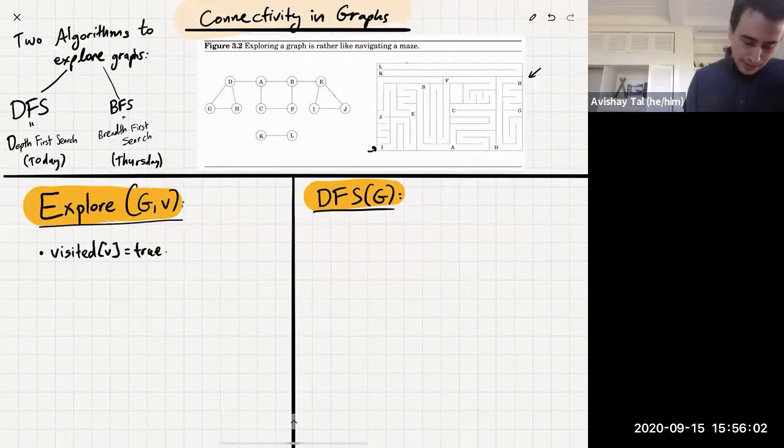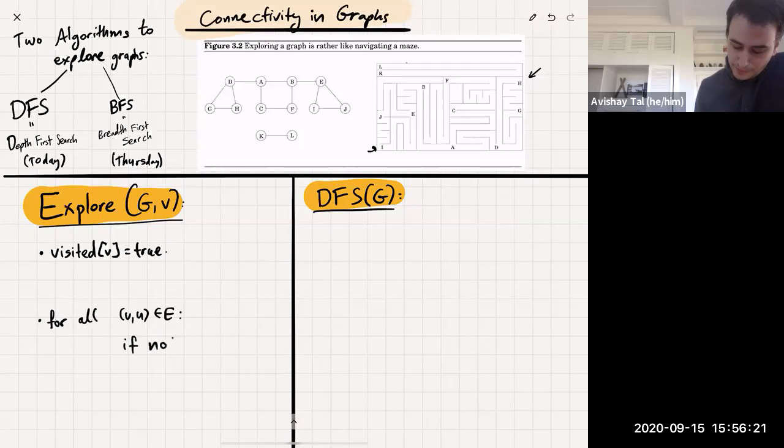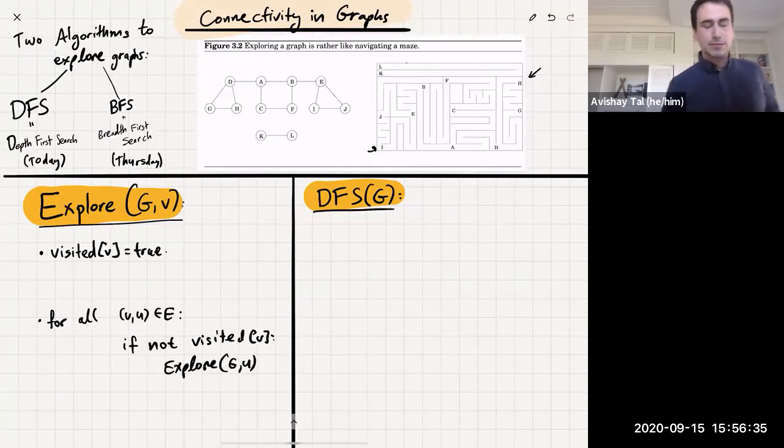And then the next thing that I do, and notice that I leave a gap here because I want to modify this algorithm later. So the next thing that I do is I go over all possible neighbors of V. And I check if the neighbor was not visited, then I recurse and I explore this vertex. Okay, so that's the explore